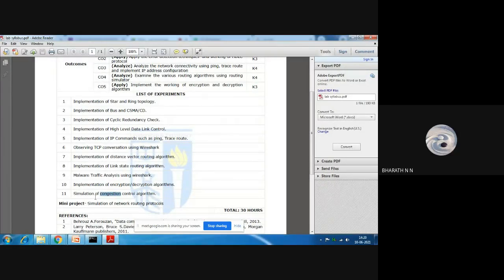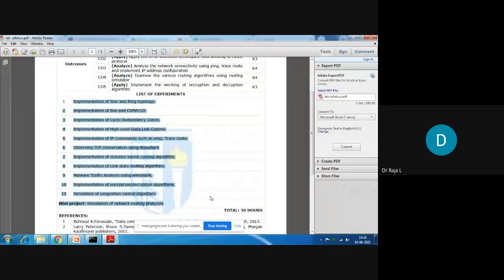Okay, so these are the 11 experiments that you are going to implement for this entire semester. Then and there, I will be giving the materials. You just make a note of them in a Word document, and finally you submit it as a record. We will be implementing one by one.